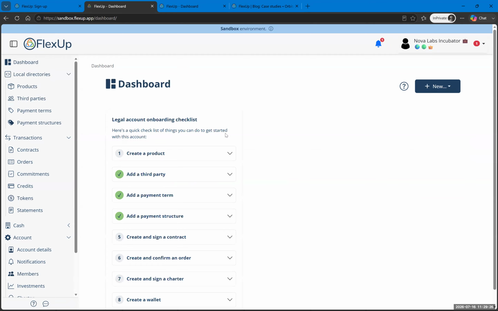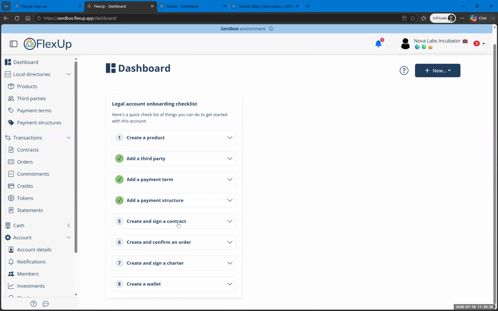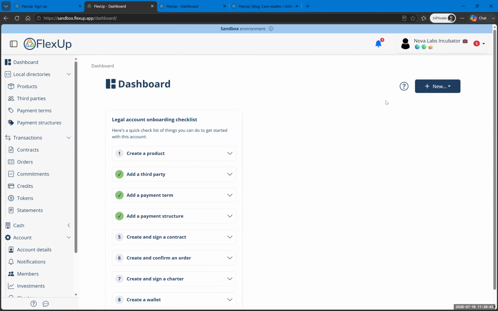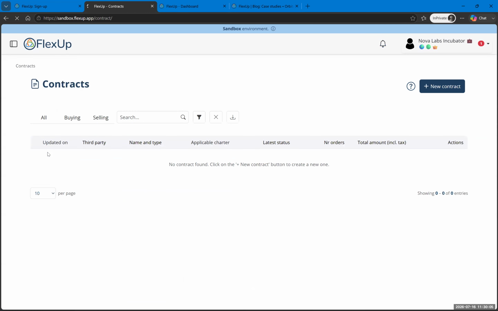So if I go back to the dashboard, I can see a different list of things that I could do as a business. I can create a product. I can sign a contract. I can create an order. I can sign the charter. I can open a bank account or some other wallet. So here, for example, as an incubator, we want to create a contract with me, who is the manager of this incubator, so that I can keep track of my contributions and my remuneration with the project. So we can create a new contract,